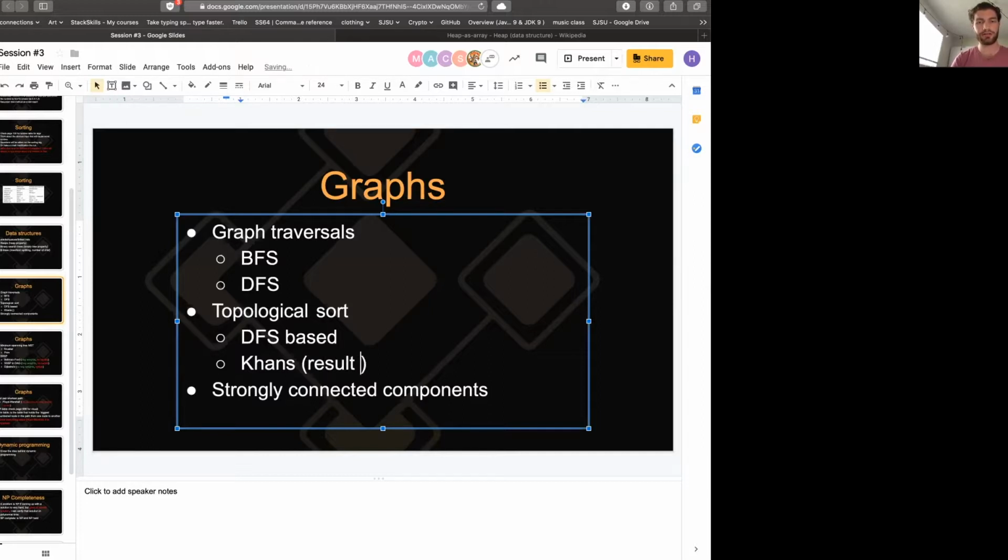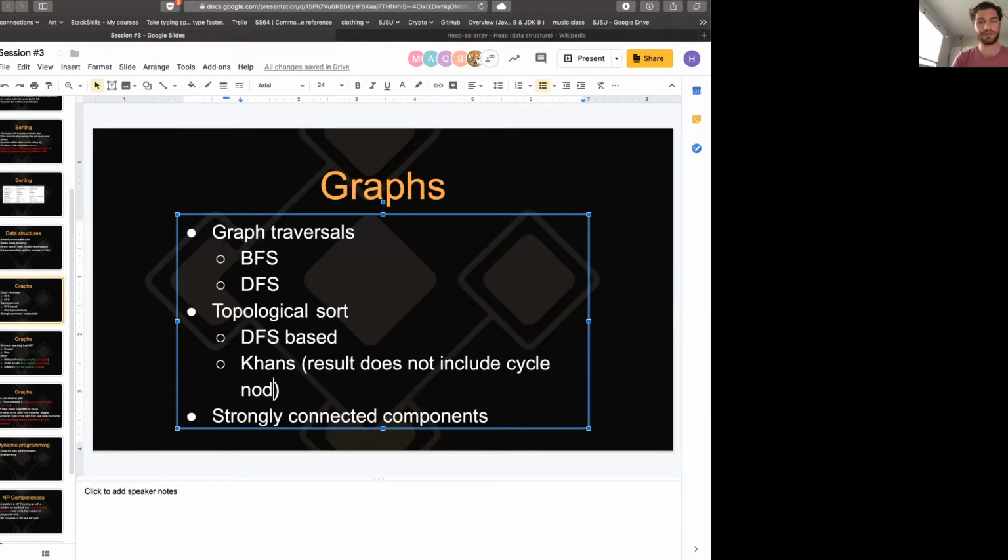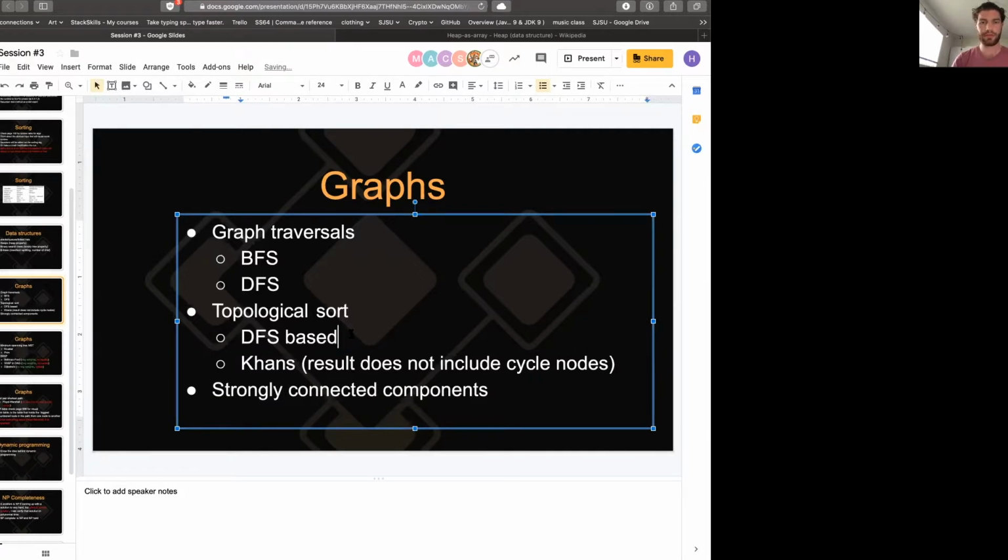Result does not include cycle nodes. But with DFS, result will include cycle nodes. Okay, and that was an important distinction that we realized when we were doing the job scheduling assignment,